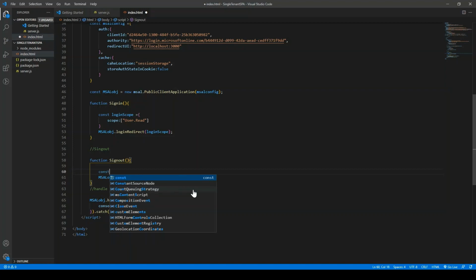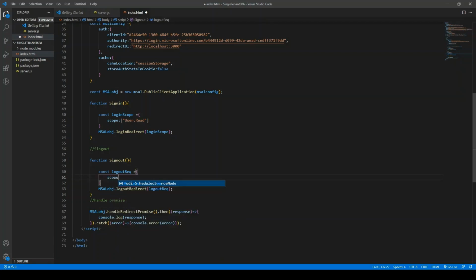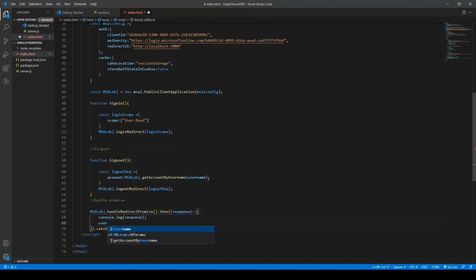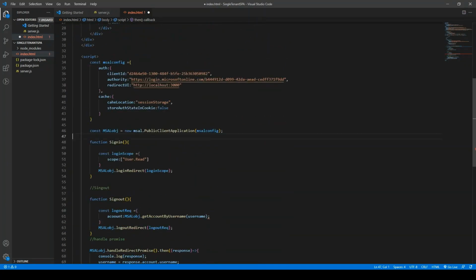The account name we will get from the MSAL object by calling the get account by username, and we have to pass the username here. Since username is not created, we will get the username from the response which we are getting in the return dot username, and we have to declare this username somewhere on the top.